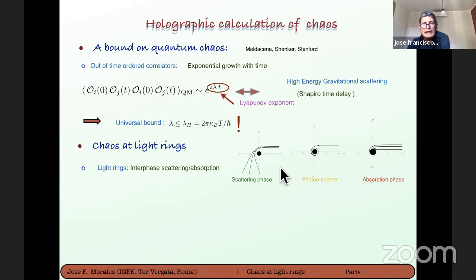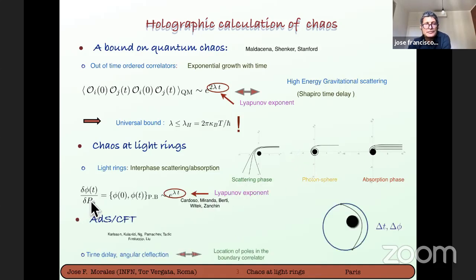Now, if you are slightly away from this point, you see that the geodesics are very sensitive to the initial conditions, and they display an exponential growth of the deviation of nearby trajectories. This coefficient, called the Lyapunov exponent, which I already introduced before, can be computed explicitly from the geodesic motion, and this has been done by this gentleman here. What I aim to do here is to relate these two pictures.